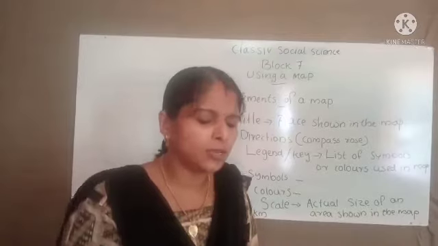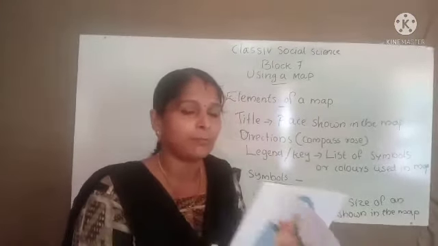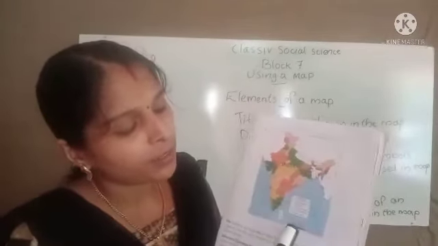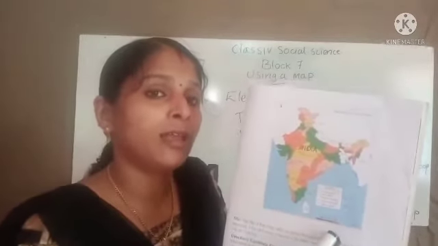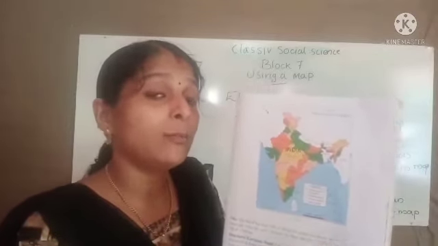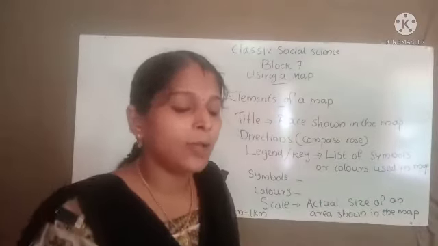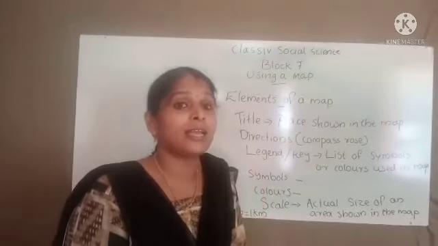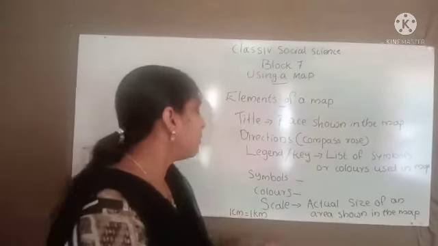Then you can see the map in your textbook, children. This map is not a real map. We cannot say it is a real map. Why, children? Here you can see the map is not to scale. This map is not drawn by using the scale. Why is it not using the scale? Because it is rough. It is a sketch of a map. Got it? To draw a map without using a scale is a sketch. Sketch means a rough drawing of a map. So what is scale?